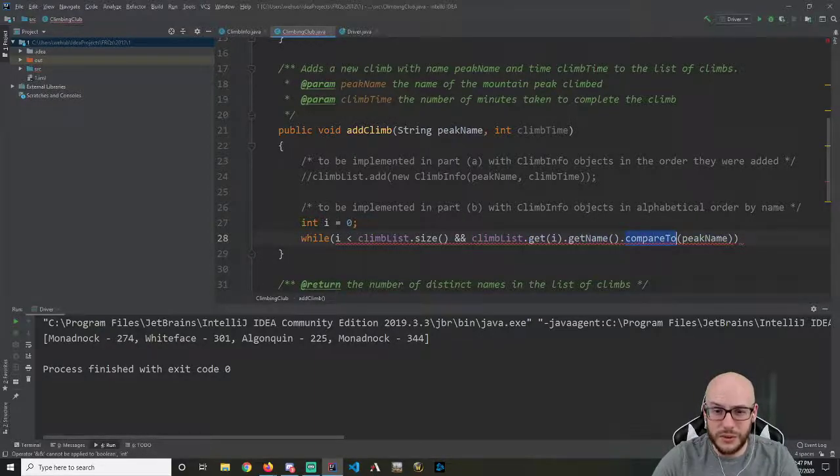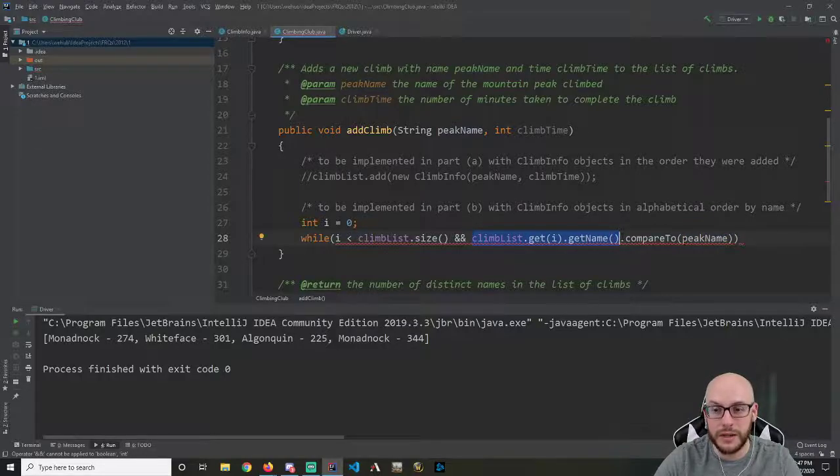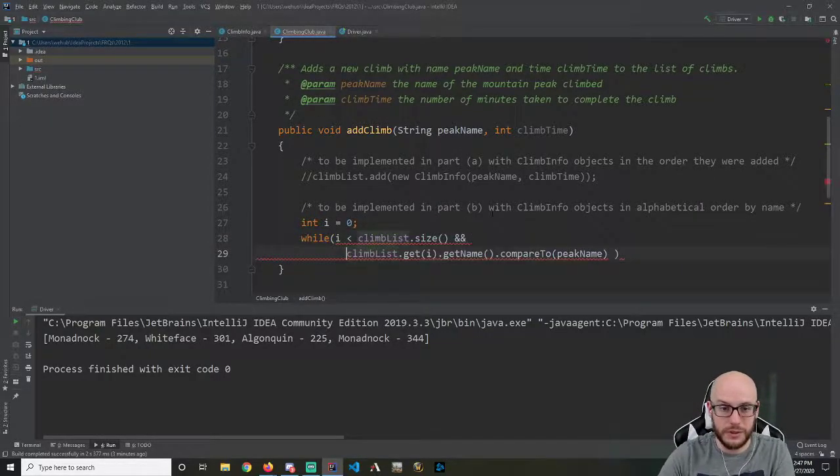What it's going to do is compare this string to this string. And then we're going to get back either a positive number, a negative number, or 0. If I get a negative number, what it means is that this alphabetically comes before this. If I get a positive number, it means that this alphabetically comes after this. And of course, if I get 0, it means that the two are equal. What I want to know is this comparison, and why don't we bump it down on a new line,